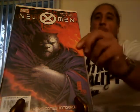His drawing is amazing, and this is another issue of his where he drew Beast. Now this is a first appearance of, I can't remember, but just know that it is a first appearance of a hero. So who is it? Is it Cuckoo? I don't remember. But it's a first appearance. Just know that. But look at that artwork. It's so amazing. I was happy to get that, and then of course